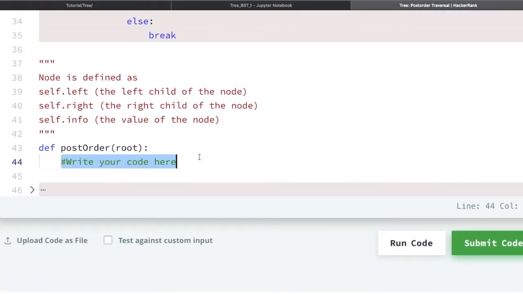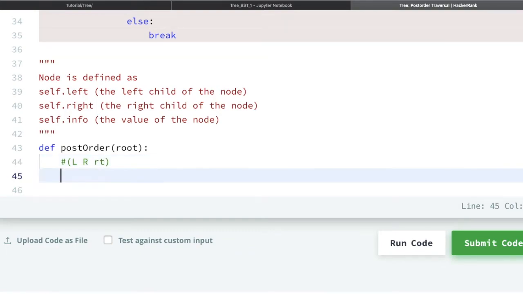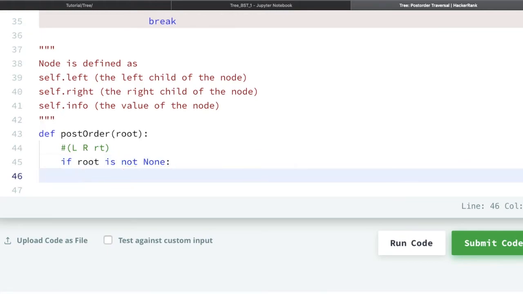For post order, the sequence is, we have to first check for the left, then right, and then root. So let us write the very first base condition: if root is not none. If it is not none, then we have to recursively call this function by passing root dot left.